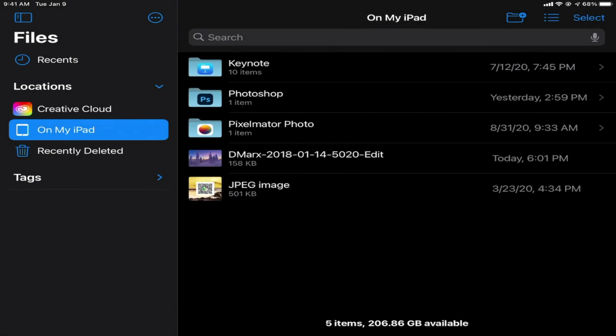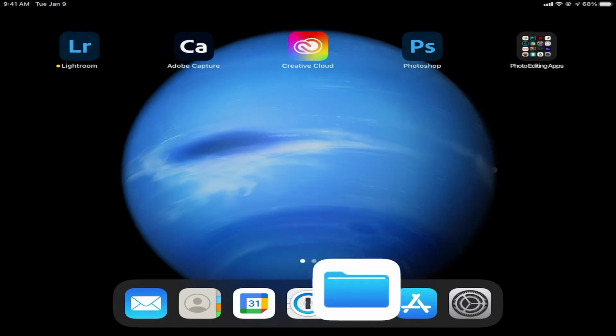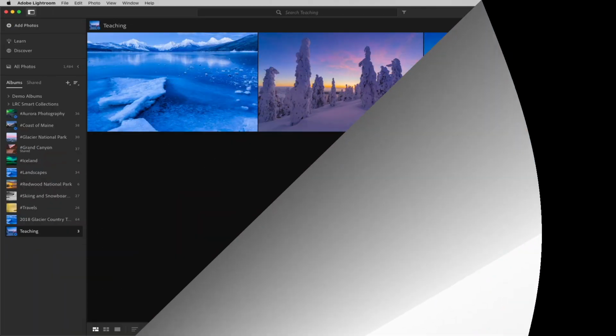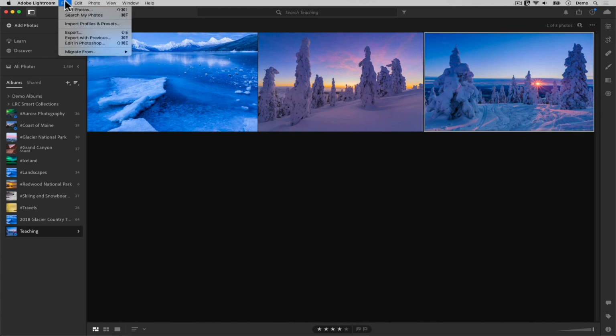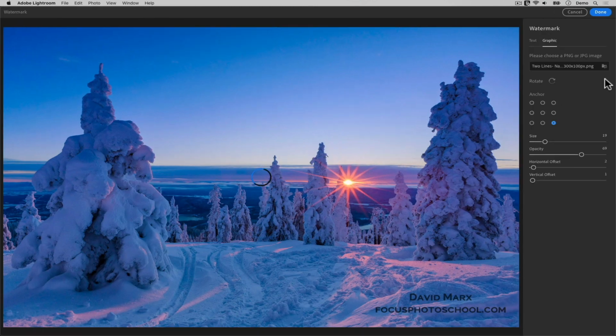I promise I'm not going to touch any other buttons, but let me switch back over to my computer. I promise that I didn't do anything else while the video recording was changing from one device to another. Watch how here on my Mac, when I tap on another image, and then I go File, Export, as soon as I get to the Graphic Watermark Options menu, that same logo, this time one with my name at the top and my website on a second line that I used just a minute ago on my iPad, those are already in place for me here.